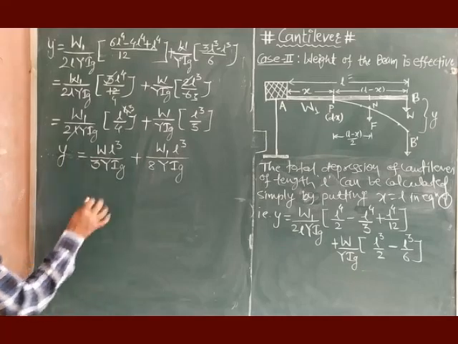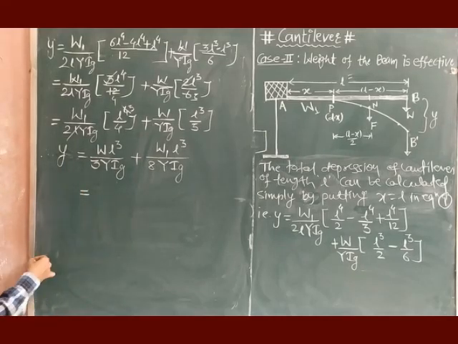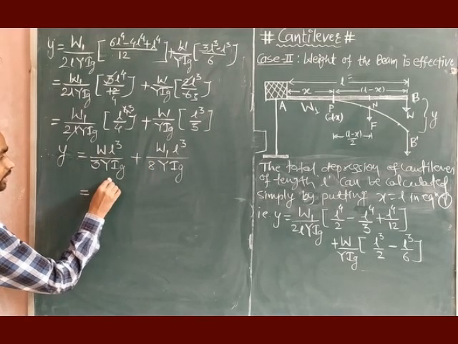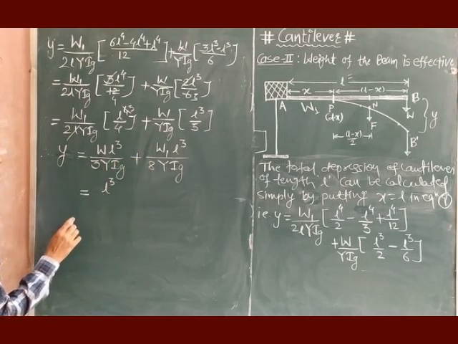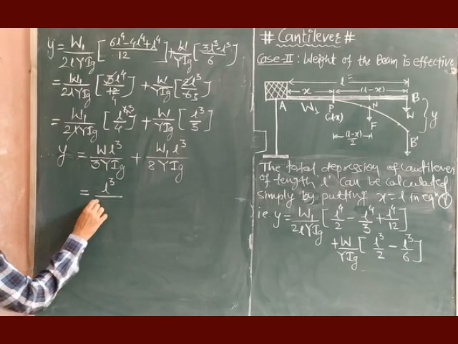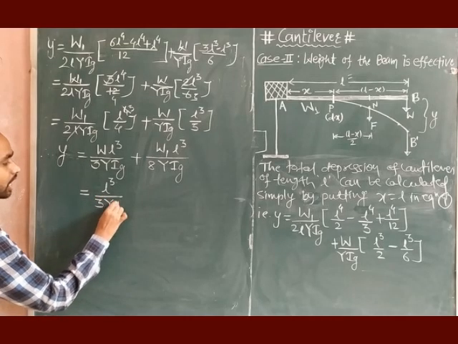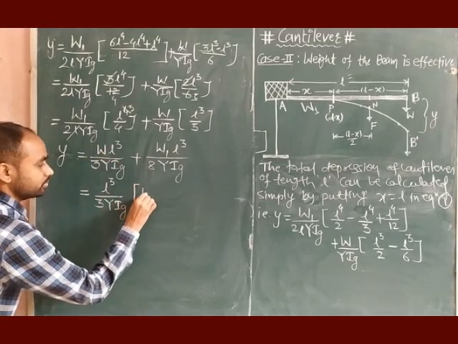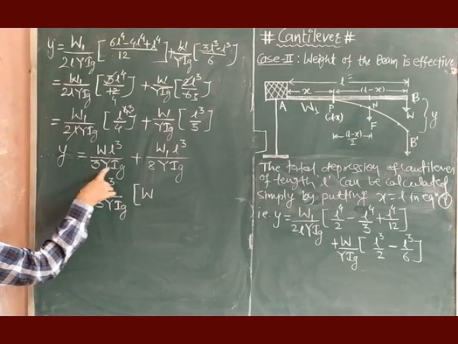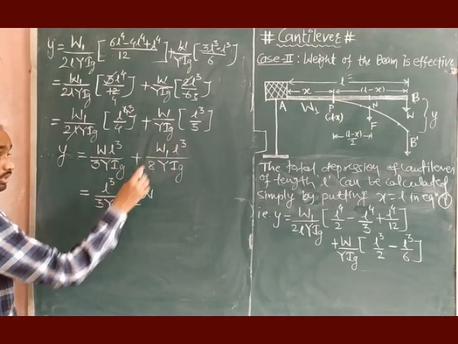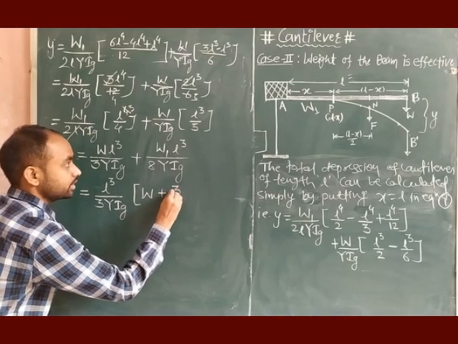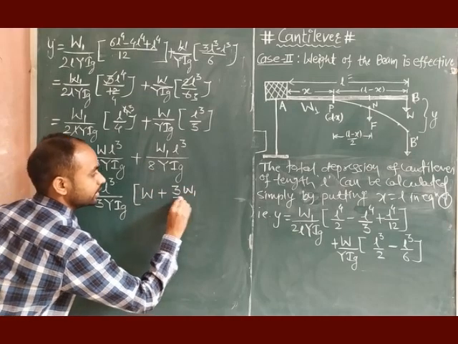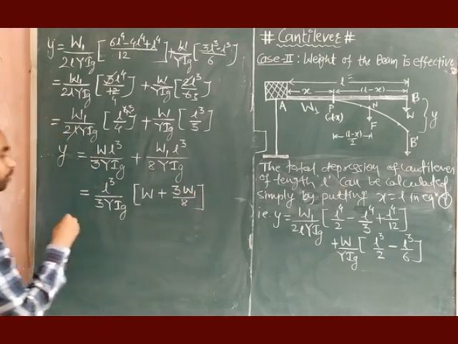So again let us take some things common, and let me write it in a more simplified manner. Let me take W, we cannot cancel or take it common, but L cube from the numerator we can take, and from the denominator I can take 3YI_G. So what remains in the bracket is, from the first term only W remains. 3YI_G is here, but in the numerator we don't have 3, therefore we should multiply it. So 3 and W1 is as it is, and in the denominator what remains is only 8. So you will understand why I have written like this.